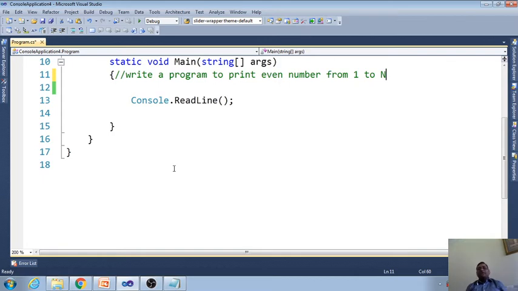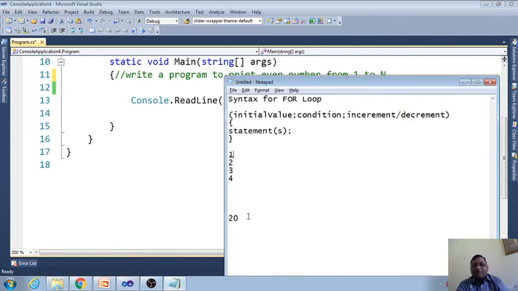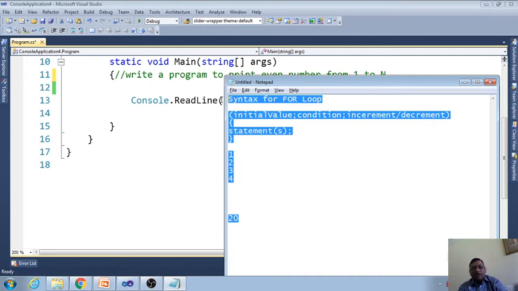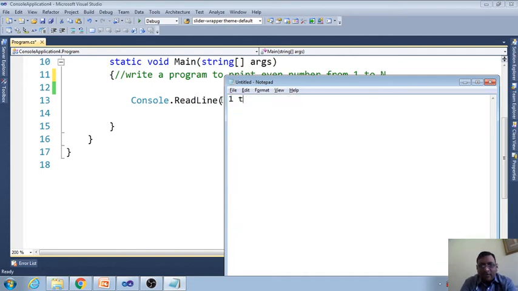N means any number we will give from the keyboard. Okay. So if I ask you to tell me the even numbers from 1 to 20, let us take 20. What are the even numbers from 1 to 20? 2, 4, 6, 8 and up to 20.